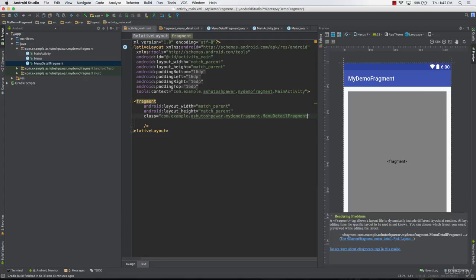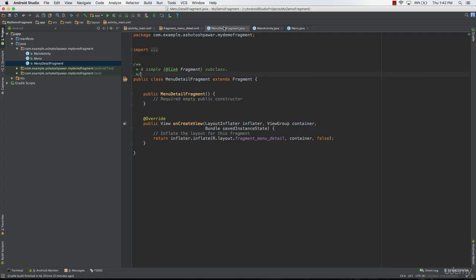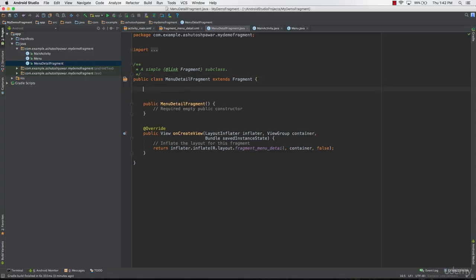Now the only thing which you need to do here is that in the menu detail fragment's Java class, you need to have a variable which is called menu ID. You might be thinking, why do we exactly need this particular variable? This particular variable, which is the menu ID variable, is going to be of the type long, which is actually going to pass the information to the fragment which specifies which particular list item has been clicked. In order to save that particular ID, inside this class right here, we will type in private long menu ID,